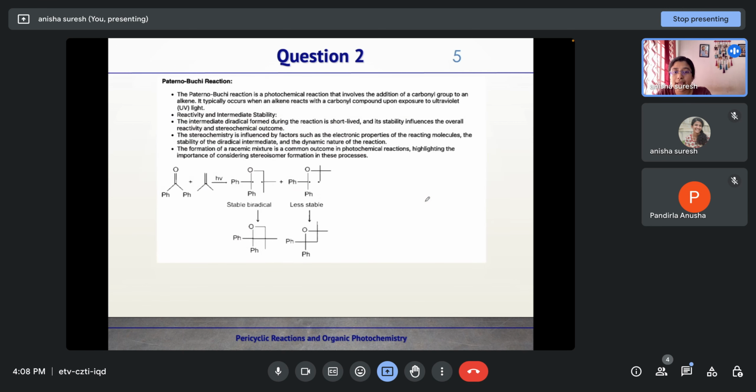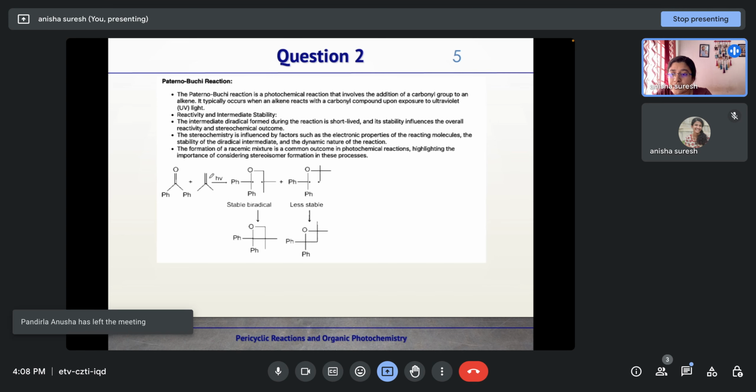So we can see the mechanism. So this is the Paterno Buchi reaction. A ketone is reacting with an alkene, leading to the formation of an oxetane ring. Oxetane ring means a four-membered ring containing an oxygen. So first a radical will form here. It will combine with this alkene,